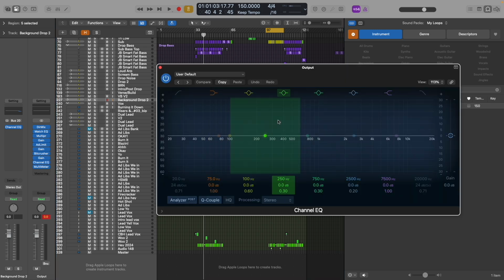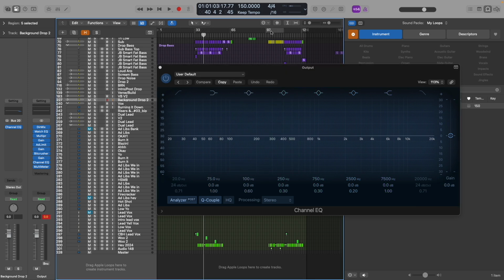So then I just have an EQ. I do nothing here. This just helps me look at the waveform. What's helped me, especially when I started, is comparing what the shape of my waveform looked like relative to other tracks. Like, are my highs too low? Are my highs too high? Is my bass too low? Is my bass too high? So if I go to the drop part,